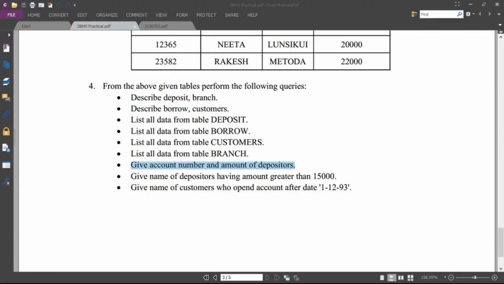Okay, so here we have used where clause with select command.